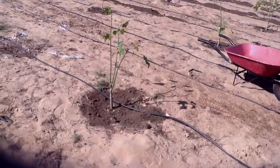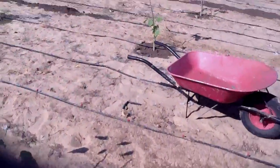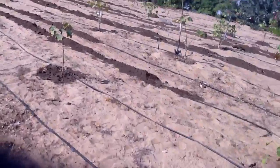So when they grow, we have two different layers, one layer would be that the fruit will be